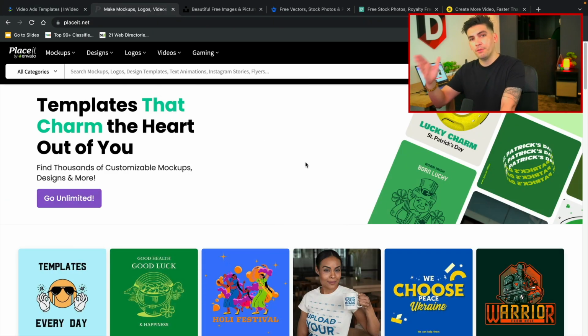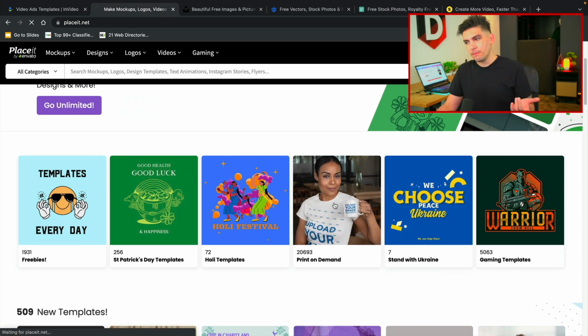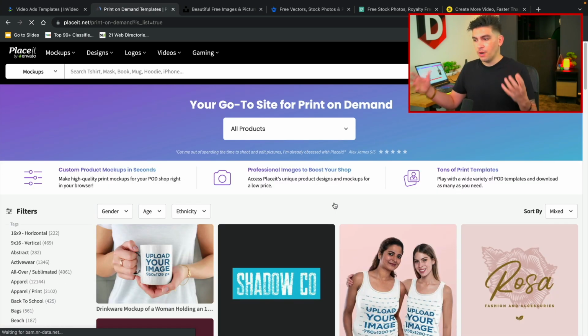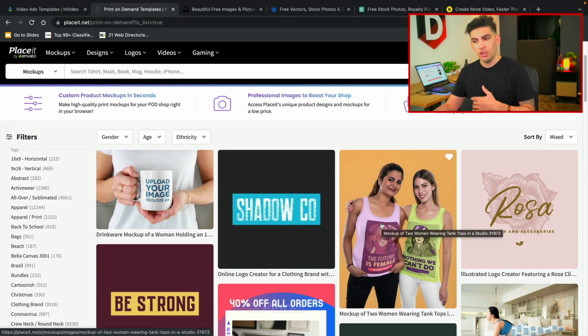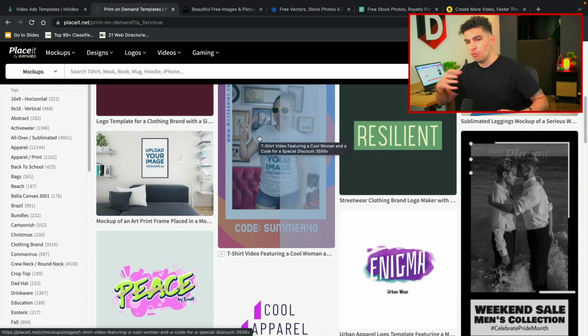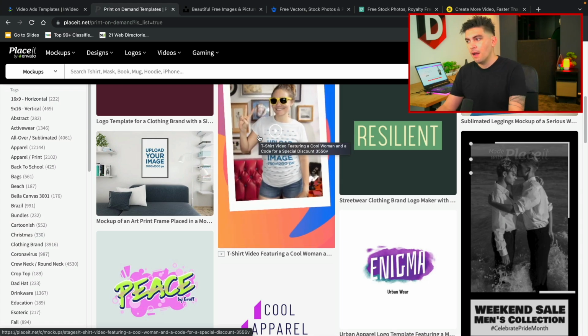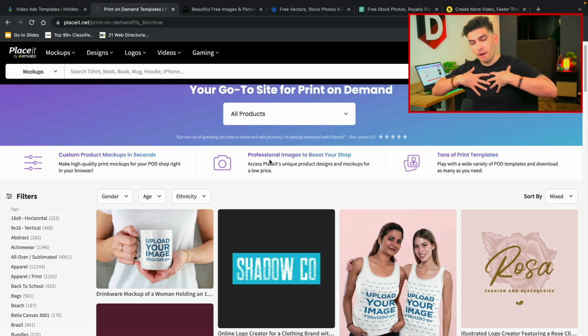Another really popular one that I personally like the most is Placeit. The reason I like Placeit is because this website allows you to take video editing a step further, where you can add your logo onto people, onto other participants. For example, you can have a Facebook ad right here that showcases your logo, so you would upload your logo or your image right here. And this actually works for real videos, so it's not just images. They have software where they show people actively doing something, and they have your brand on their shirt or on their coffee cup. It's really amazing. I highly recommend checking out this website.